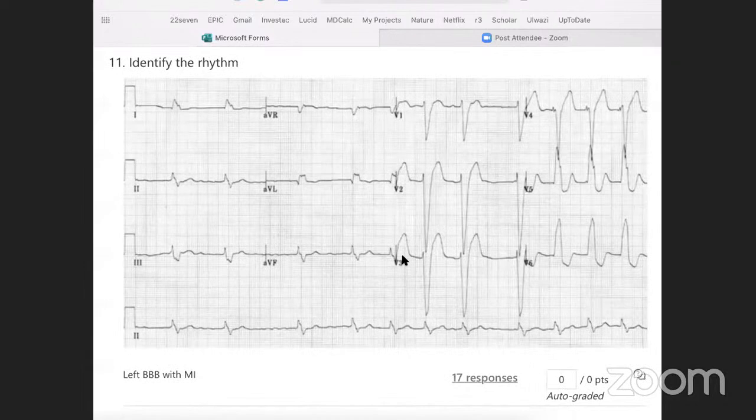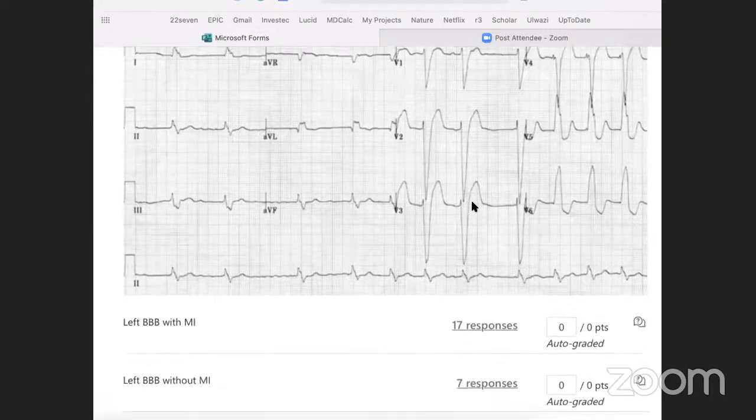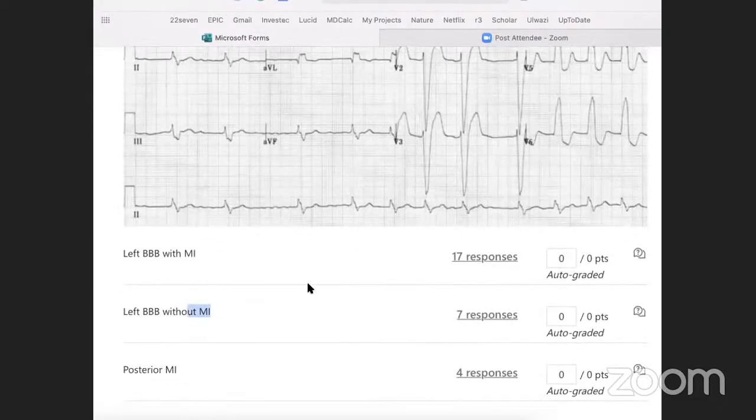Alrighty. So there are some really tough ECGs here. And this would be a left bundle branch block as well. So we can see that this is atrial fibrillation with the left bundle branch block with no discernible P waves preceding any QRS complex. So it's irregularly irregular, and then the very wide and bizarre QRS waves. But these are discordant, but not excessively discordant. And there's no concordant ST segment depression. And so this is just a left bundle branch block without MI.